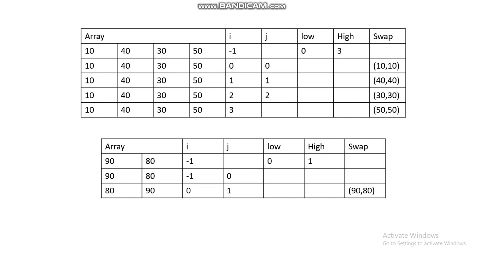First, we will perform quicksort on the first partition, that is elements 10, 40, 30 and 50. We choose 50 as the pivot element and the value of i is initially set to -1. We run a loop from index 0 to 2 with j as the loop variable. In each of the loop steps, you can see that the jth element is less than the pivot element, so we increment the value of i by 1 and swap the ith and the jth elements.